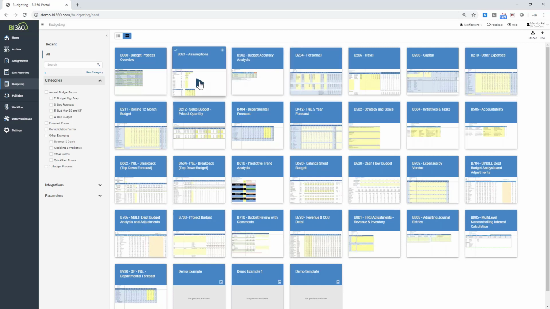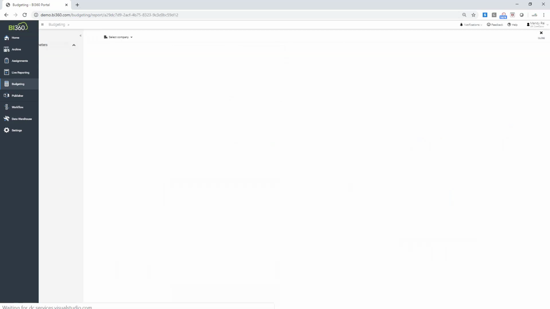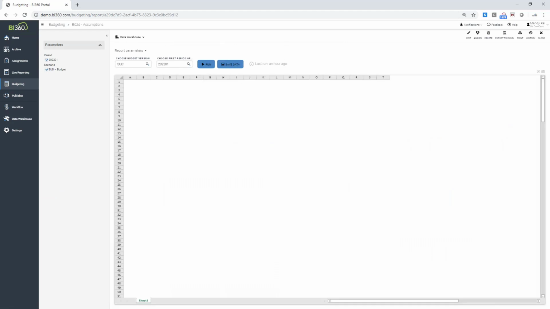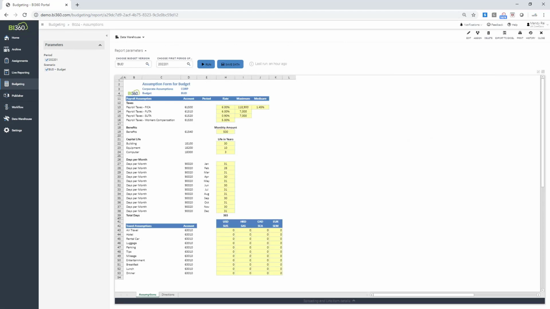So first and foremost, I'm going to open up this one called assumptions, because what you can do with BI360 budgeting is, for example, let's go back into the financial consolidation process. When you're automating your intercompany eliminations through BI360 and you're pulling up a validation report to make sure your TB is balancing out, if it's not balancing out and you need to make any adjustments, you can actually use the BI360 budgeting